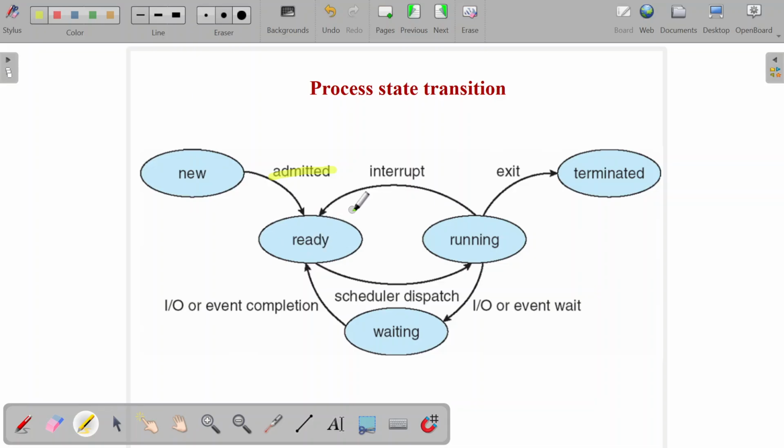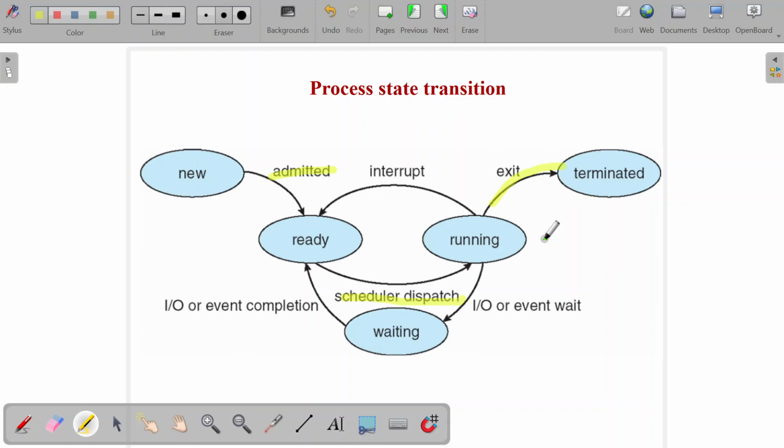Now, when the CPU is ready to do my task, the scheduler will dispatch the job to the running mode. I have been actually allocated with the CPU. Here I'll carry out my running. Once I complete, I will exit and will be terminated. Now, while running, if I need an input output, for example, I'm going to save a file, I'll open the save dialog box. In the save as file, I want to type OS Unit 1 notes, OS Unit